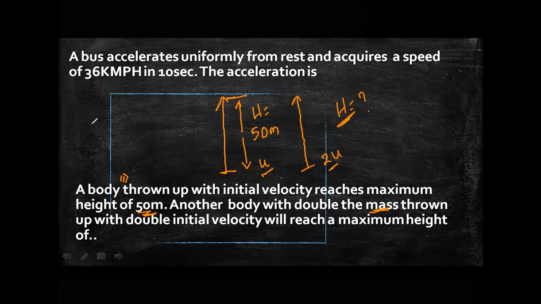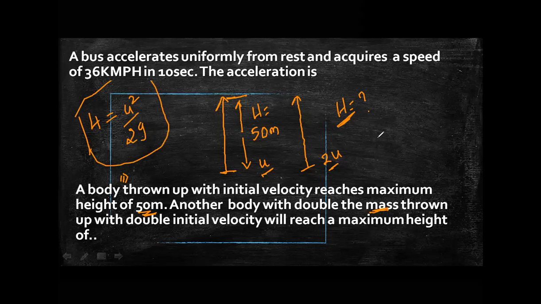And we did some problems. We have a derivation for maximum height. What is the derivation? I forgot that. It's u square by 2g, right? Did you revise the stuff, Pranav? Yes, sir. You have to revise it. Without revision, it's very tough. So, do you remember this formula for maximum height? Yes, u square by 2g, right?